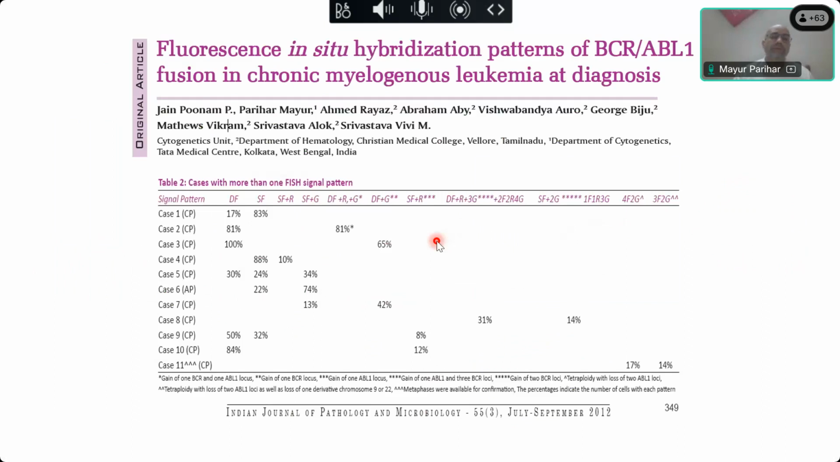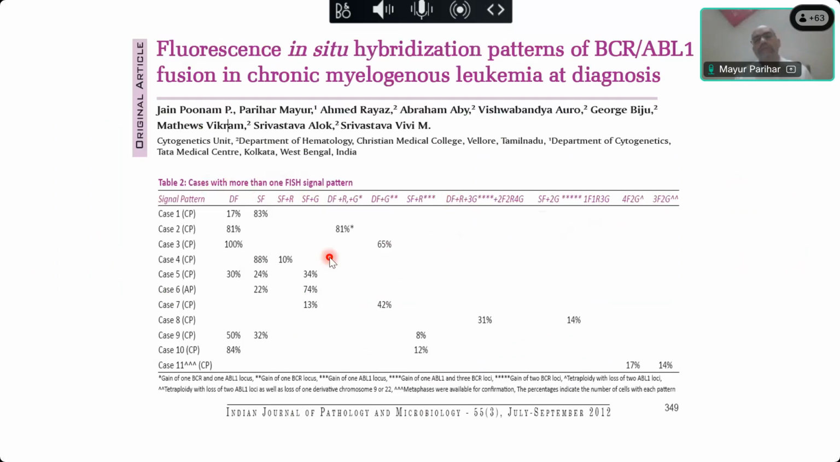Well, it is not so simple. When you start doing FISH, you realize that there are a lot of variant patterns. This is a paper we published when I was in CMC Vellore. It has signal patterns of more than 1,500 patients. So you can see there are different patterns you may see. You may see subclones, you may see more than one pattern,